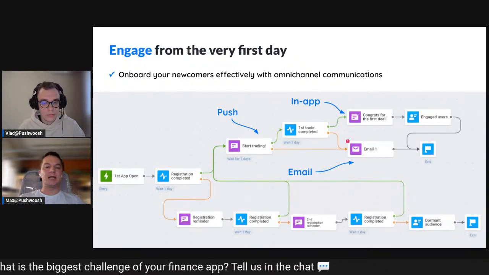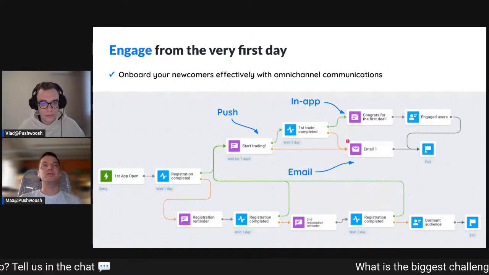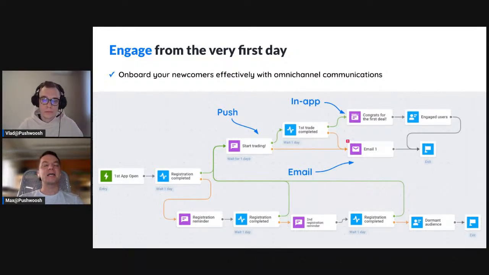Use a multi-channel approach to react accordingly to specific user actions that users are completing within your application, or react to signs of their inactivity. For example, for those users who have completed the registration, or completed the first transaction within the application, it would be a good practice to either congratulate them or thank them. Those users who are not doing anything after first application open require some other approach.